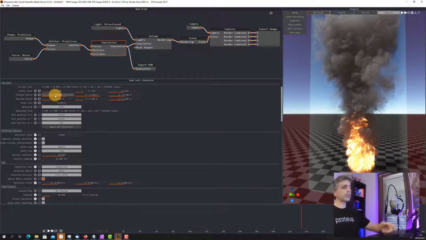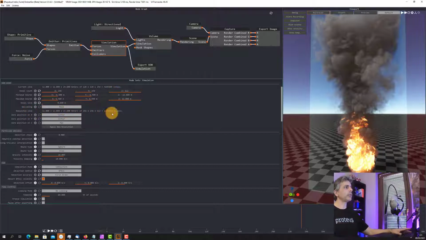So let's go back to the minimum 6, maximum 6 for both X and Y, and the minimum 12 and maximum 12 for the Z axis. So we'll have the same dimension and proportion we had before. I mean it's 12 plus 12. Okay. Now I can say that we are requesting to have this new dimension,